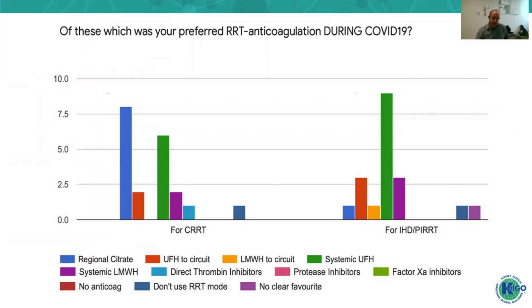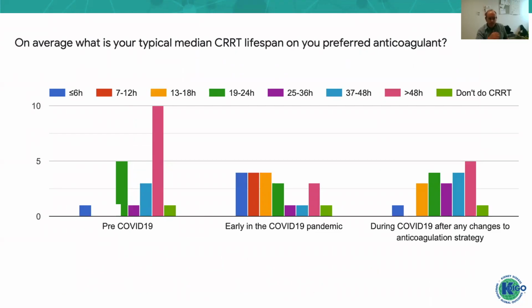And this was extended to patients receiving intermittent as well as continuous therapies. So clearly people were changing their practice, and that's quite unusual. Practices were well embedded and were working extremely well. And one can see our